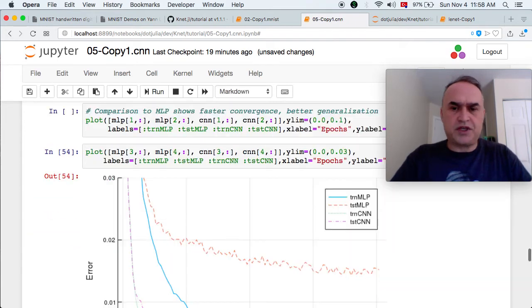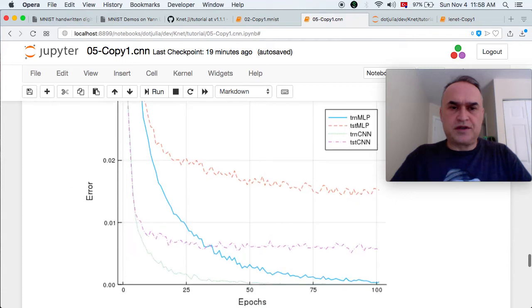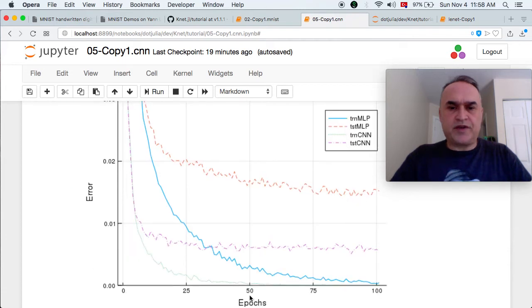Okay, so let me explain a bit what this plot is. The x-axis is the number of epochs. An epoch is basically one passage through the whole training data of 60,000 examples. So we do that 100 times. We go over all the examples 100 times. The y-axis shows the error rate,